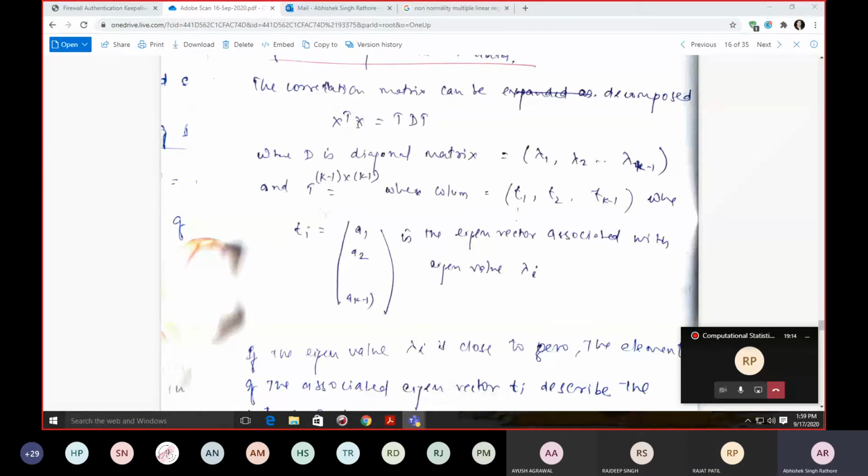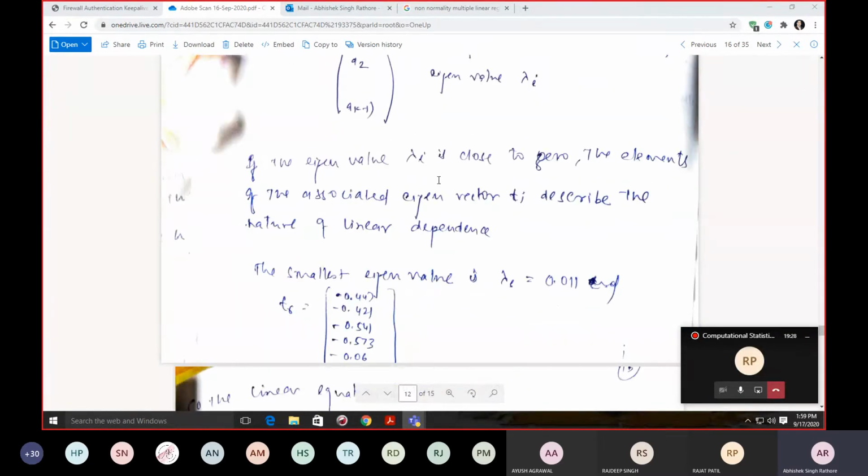So what we are trying to do is decompose our correlation matrix into a matrix of eigenvectors, then eigenvalues, then eigenvectors. This is how we can decompose our data. Usually eigenvalues and eigenvectors are very important in statistics and machine learning. So if you are not comfortable, take a quick review of eigenvectors and eigenvalues, because we will use eigenvalues a lot in our syllabus.